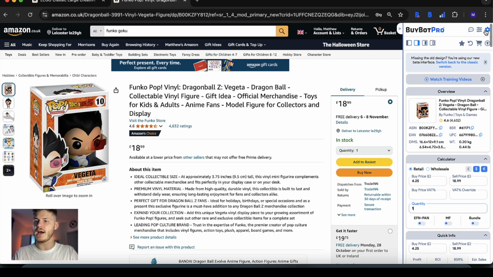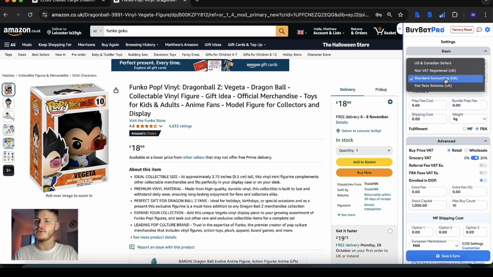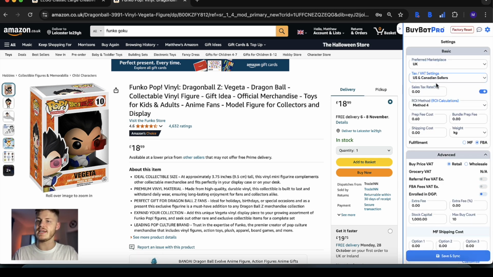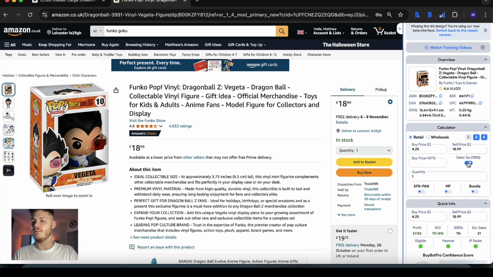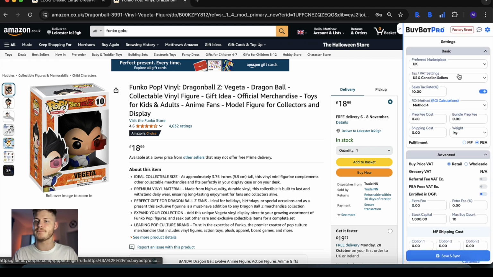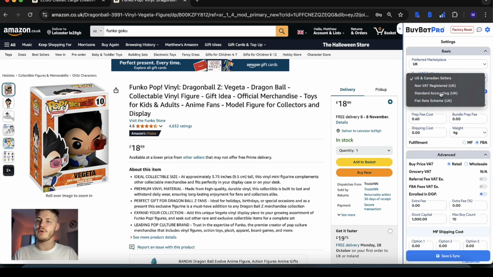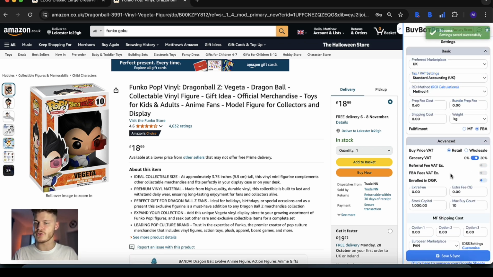If I am in the US, what I can do is set US and Canadian sellers as my VAT status, and also enter in the sales tax rate percentage. So let's say it was 10%, save that. And if we go back to the calculator, obviously we can toggle on if we want to apply that sales tax. That's if and only if you are a US or Canadian seller. So if we go back to what we were just on before,